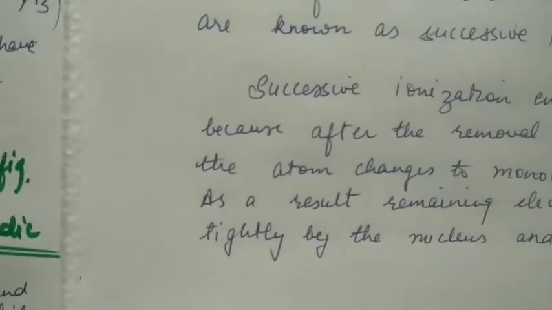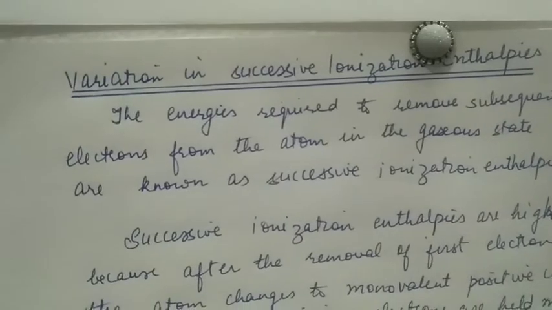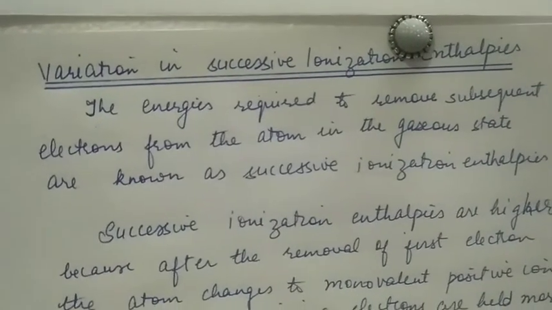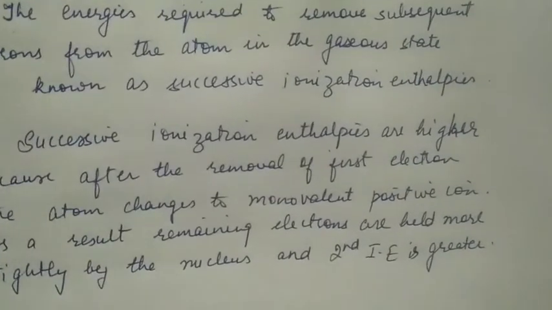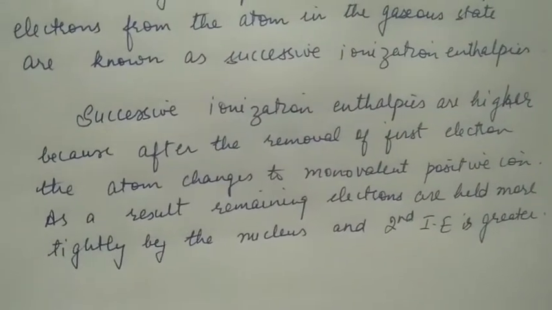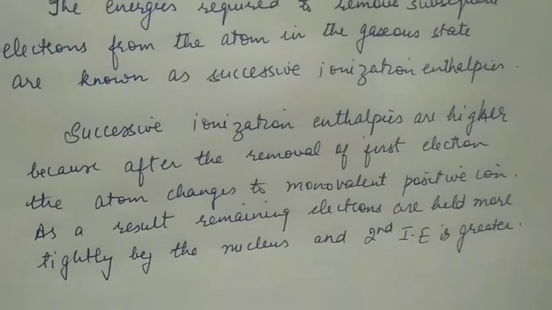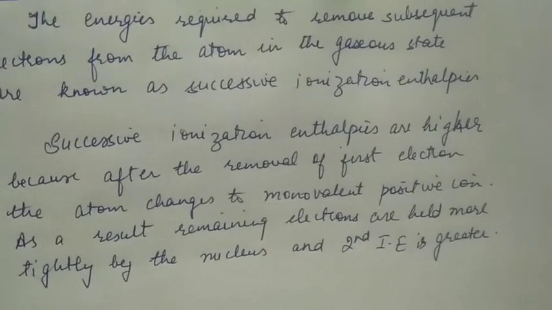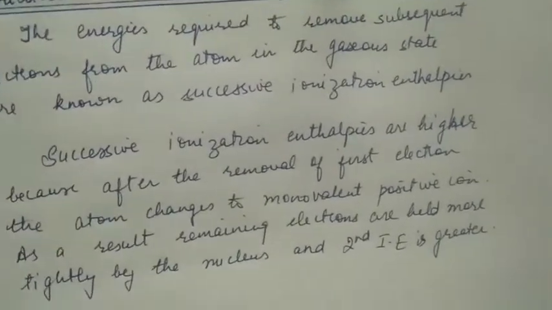Variation in successive ionization enthalpies. The energies required to remove subsequent electrons from atom in the gaseous state are known as successive ionization enthalpies, and these values are higher because after the removal of first electron the atom changes to monovalent positive ion. As a result, the remaining electrons are held more tightly by the nucleus and second and third ionization